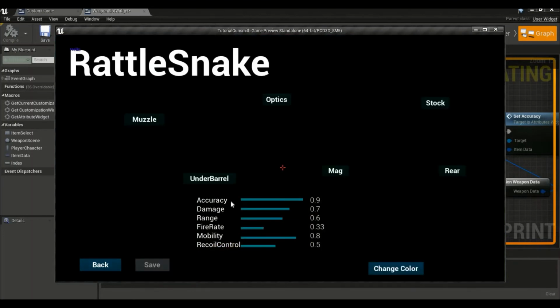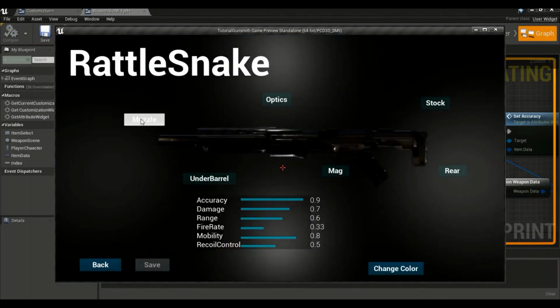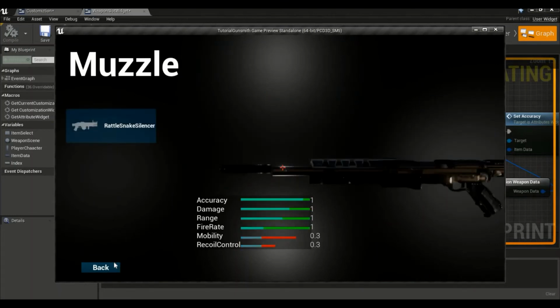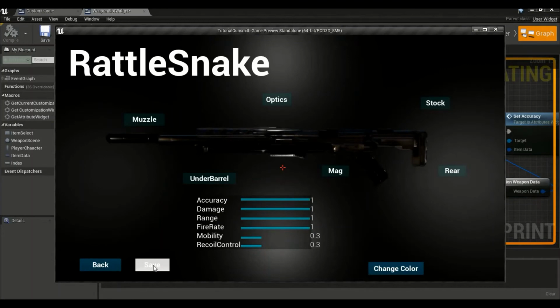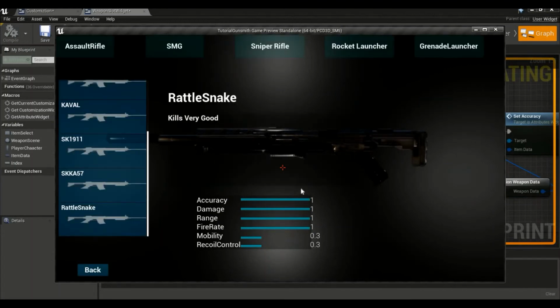Let's get our rattlesnake. So I have a save button here that does this, and that saves the attachment. We're going to go over that in a second, but I hit my save button. Okay, and as you can see, whenever I hover